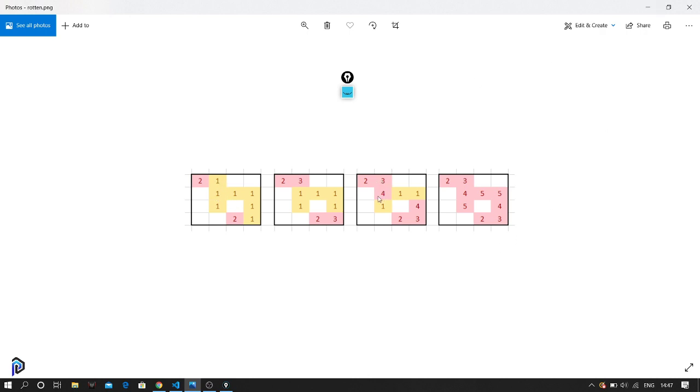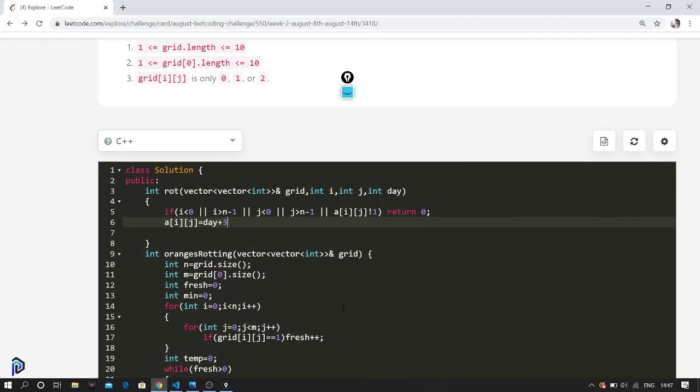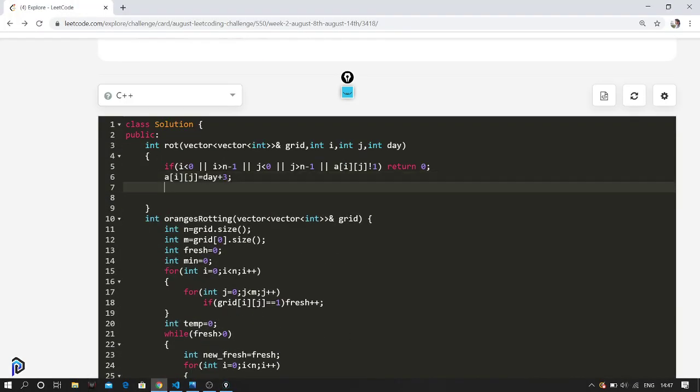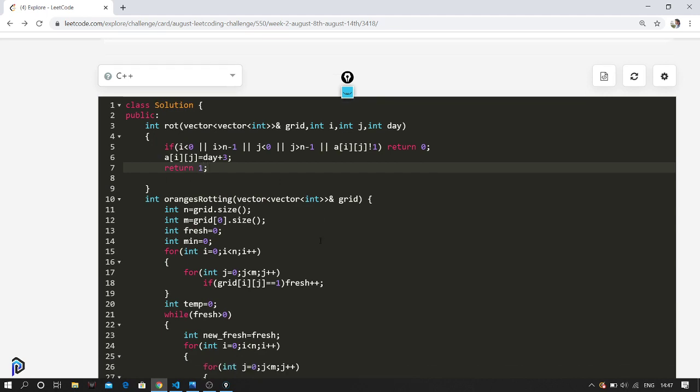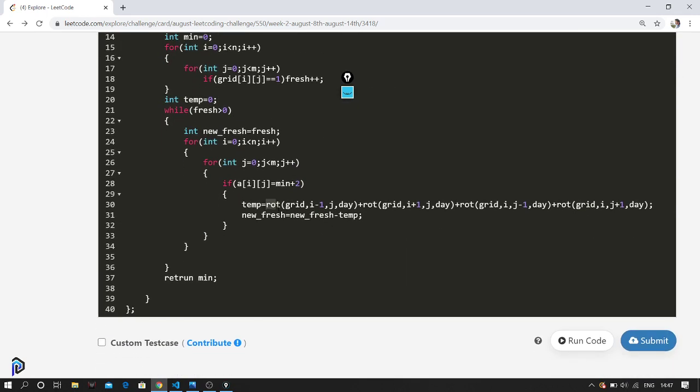Okay. So I'll also write it with another example. Let's complete the code and also return 1. So this return 1 is got over here. However many oranges a particular rotten orange rots, we return the temporary value, and we subtract it from the fresh value. So every time a particular orange gets rotten, it updates the new fresh. We do this for all the indexes in a particular day.